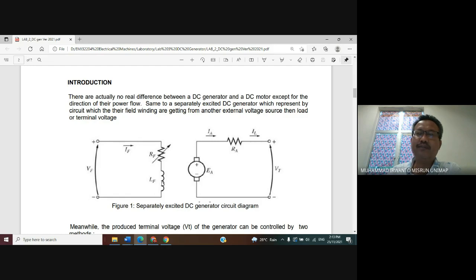If you look at this figure, the current flowing through the winding can be adjusted by varying the value of the field voltage, or by varying the value of the field resistance here. Now, in our simulation, we conduct this part.